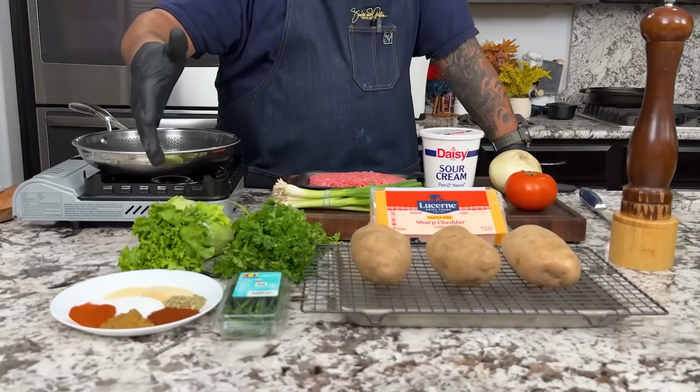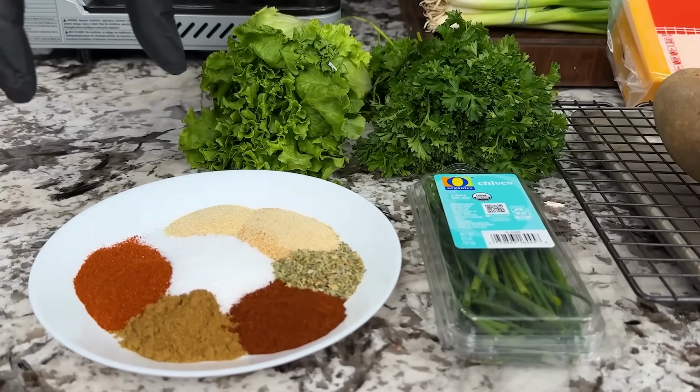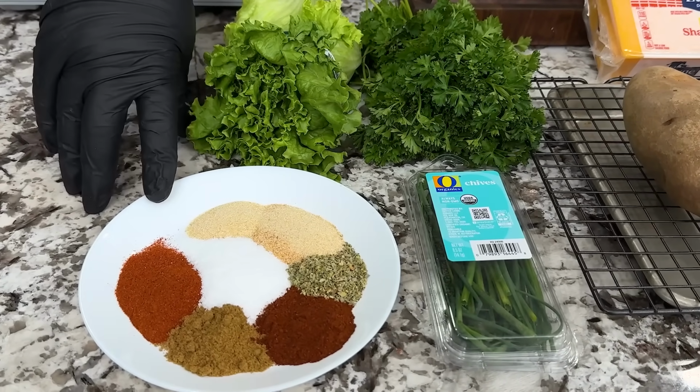If you look at these ingredients right here, right? I want you guys to pay attention and start right here. Look, we making our own taco seasoning. Now, there's nothing wrong with buying them in those packages or whatever, but you probably have everything you need to